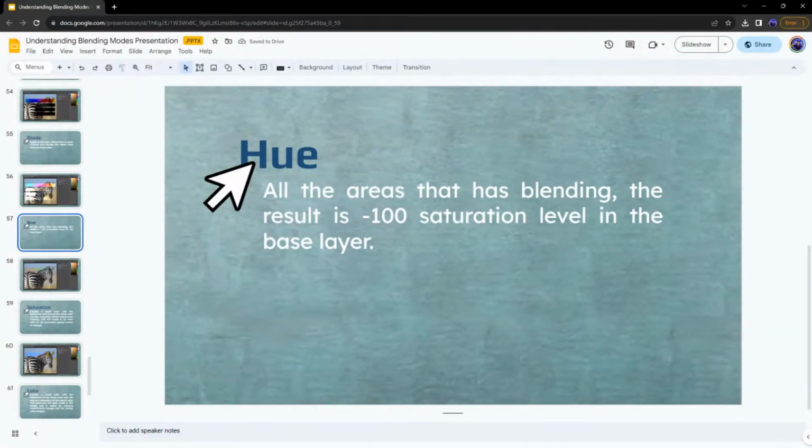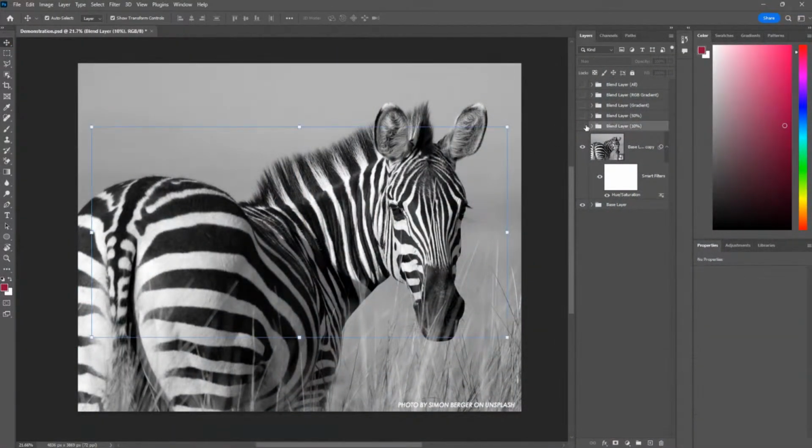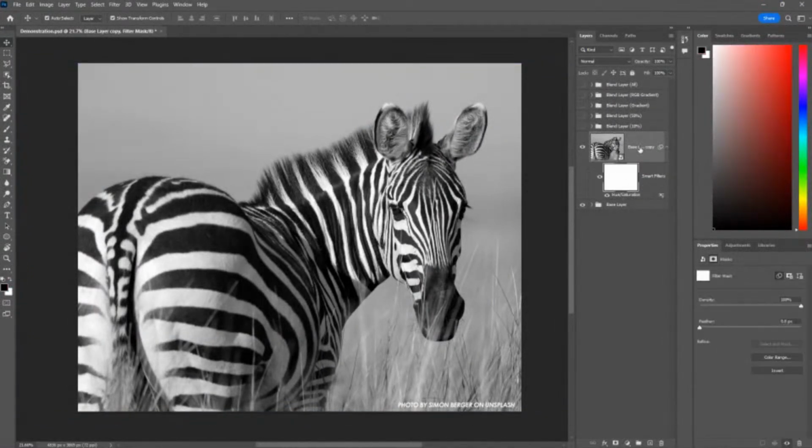That is what happened, right? We make this one hue. If we use hue, now our base layer, when we change its saturation level to 0%, or basically in Photoshop negative 100,